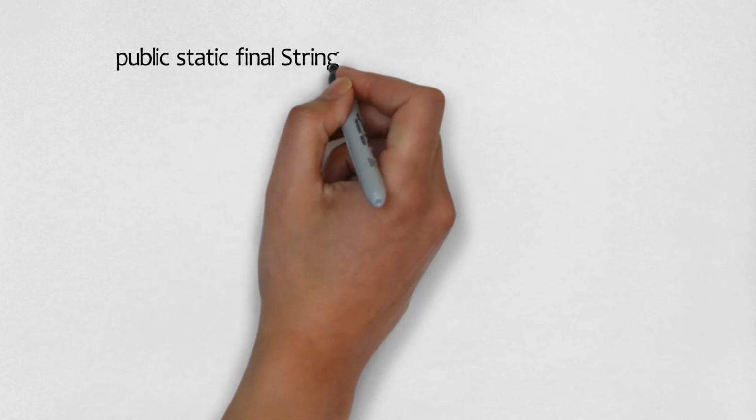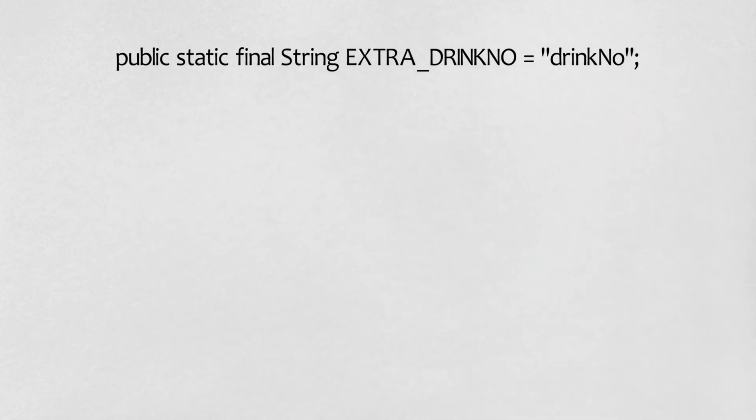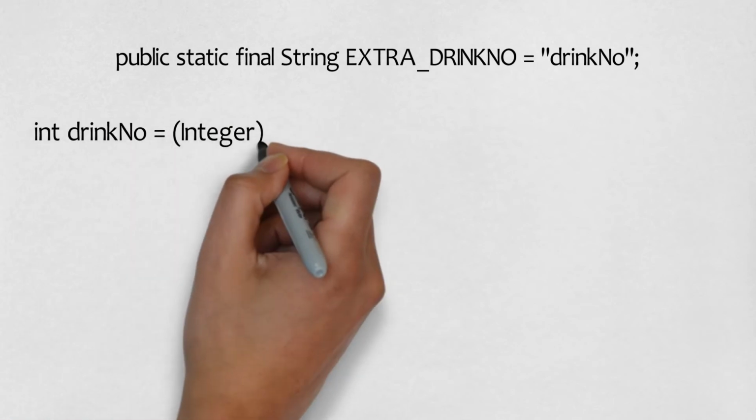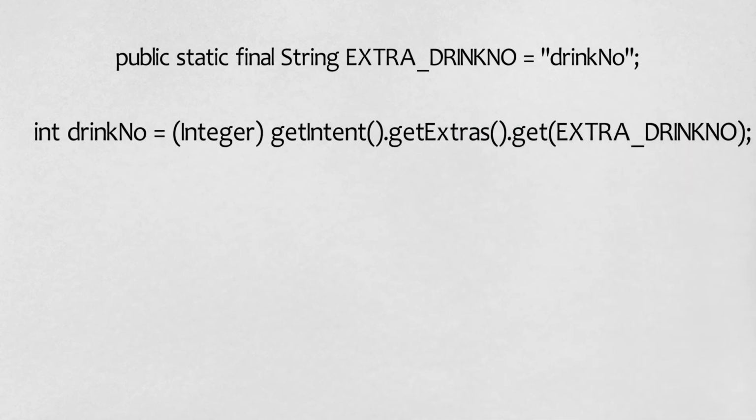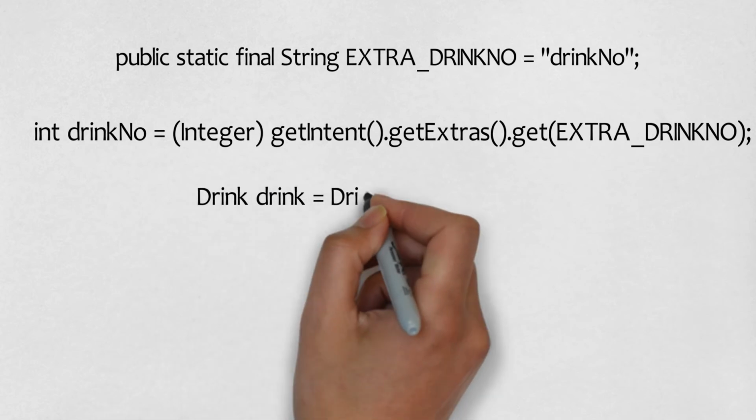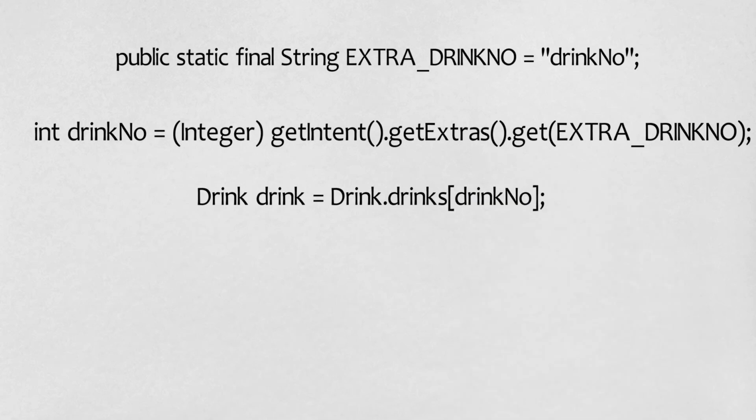When we created drink category activity, we added the ID of the drink the user clicked as extra information in the intent. We gave it a label of drink activity.extra drink number, which we need to define as a constant in drink activity. As seen in our previous video, you can retrieve the intent that started an activity using the getIntent method. If this intent has extra information, you can use the intent's get methods to retrieve it. Here's the code to retrieve the value of extra drink number from the intent that started drink activity. Once you have retrieved the information from the intent, you can use it to get the data you need to display in your detail record.